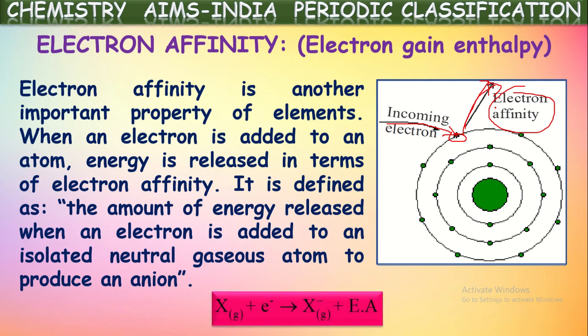Equationally we can show it like this: when an electron is given to a neutral gaseous atom X, it forms X minus. Along with that, a certain amount of energy is released. That energy released is called electron affinity, or it is also called electron gain enthalpy. Okay,